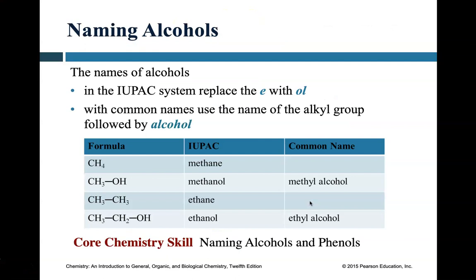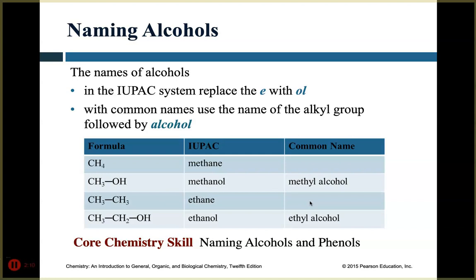So let's start with naming alcohols. Again, we're going to be using the IUPAC system, which is the International Union of Pure and Applied Chemistry. It's pretty easy to name alcohols. You can write down whatever the base name is for the alkane. So what I mean by that is, say we had CH4. The IUPAC name for that is methane, but if I drop the E and add OL, like I'm seeing here, I took one of the hydrogens off the methane,